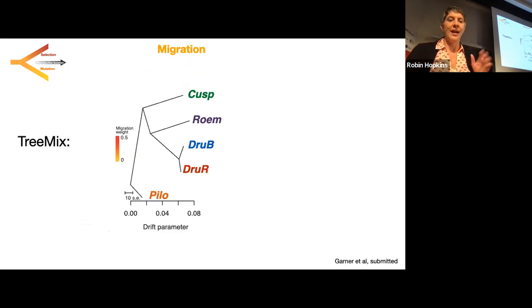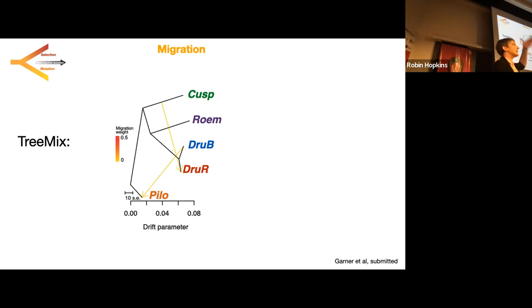Reproduction is hard then. All right, so he also used this model-based program called TreeMix, which infers the splits between lineages. Here's its topology of splits, which perfectly matches all the other topologies that we ever get: Drummondii sister to Romariana, cuspidata out. And then it infers migration branches between these lineages. And sure enough, we get a pretty strong migration branch coming from cuspidata into Drummondii, and specifically into those dark red lineages, which is super cool.